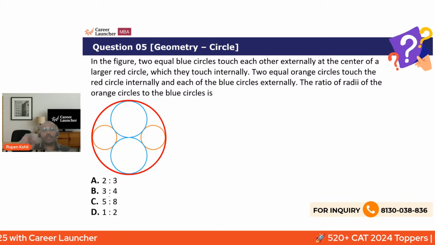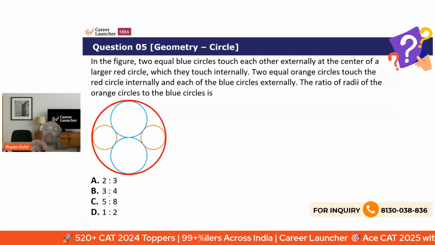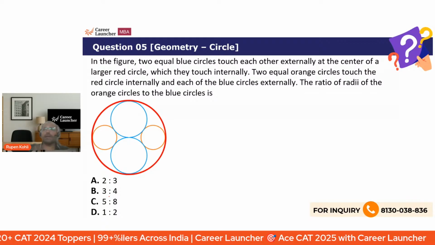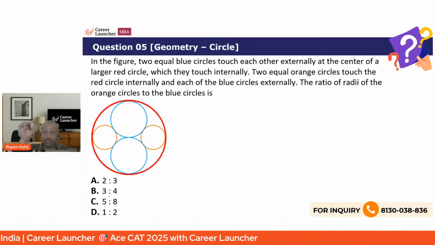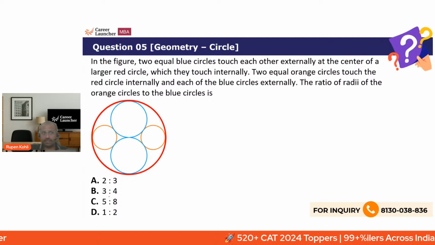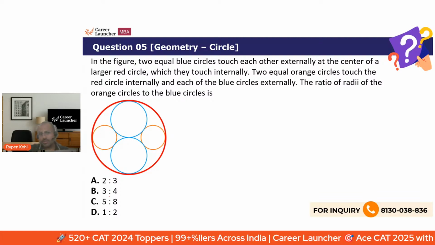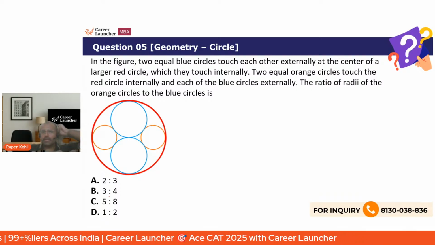Now, I'll give you one mantra, one yardstick, one rule. Mostly and typically, circle problems are solved by joining the radial lines, means connecting the dots, joining center to center, and typically right triangle angled geometry constructs get used once you do that construction. So obviously this question requires construction. A smart way of doing that is required. So connect the dots.